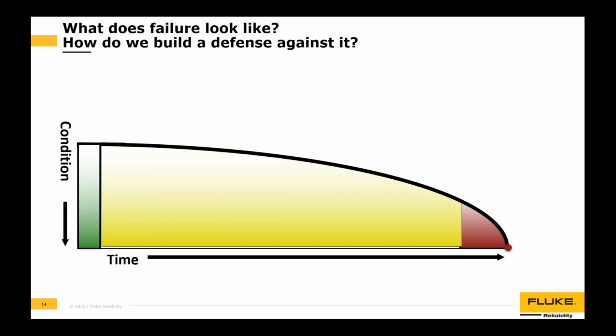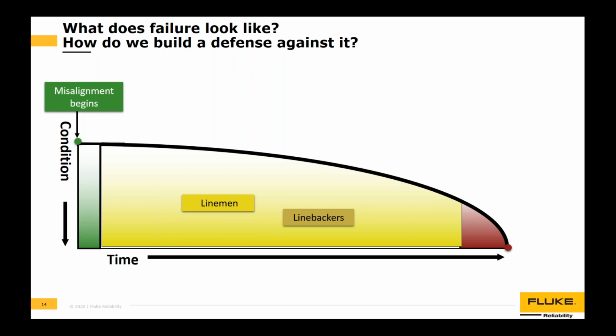So I think most of y'all have probably seen the PF curve, but I like to look at it from a defense in depth standpoint. If we take an example, we suddenly have something that becomes misaligned. Well, you have your linemen, followed by your